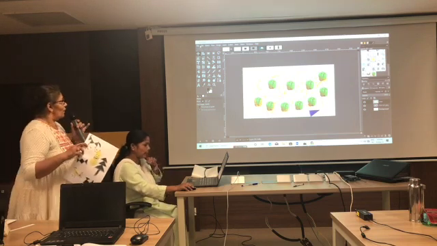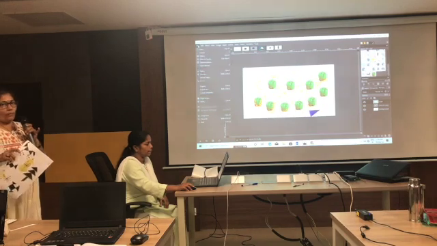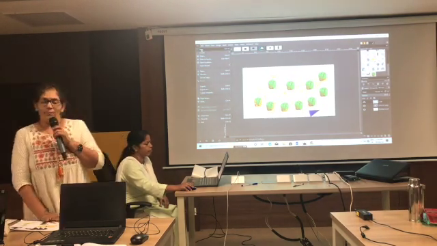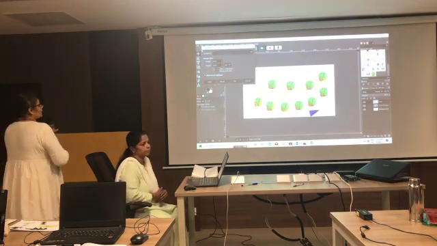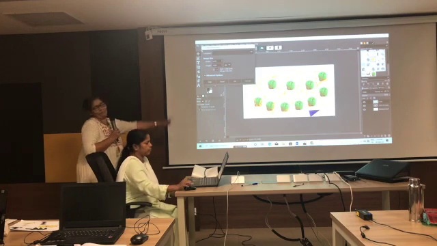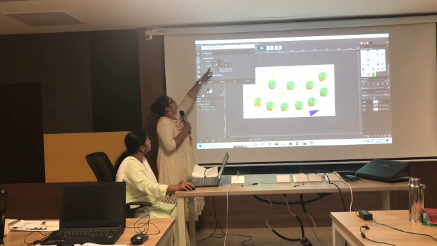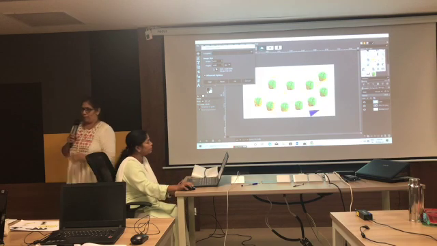Now let us have a new file. For that, how will we take a new file? File and New, correct? Now see, can you see the image size? It is 1920 width and 1080 height.